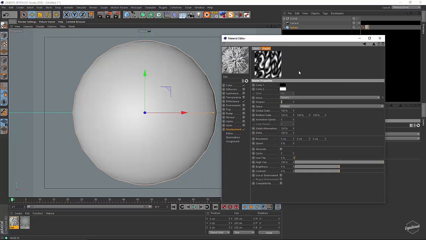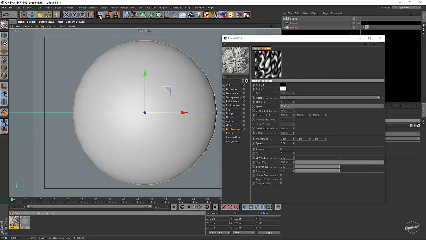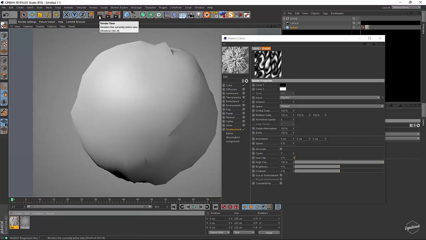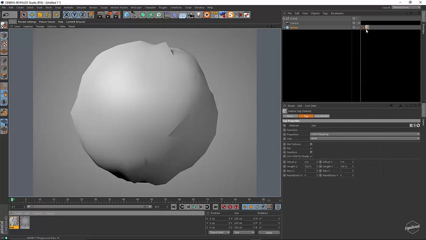So by default, you can't see anything, and if you hit render, you can see that our sphere is, well, a bit deformed. And that's not what I wanted. And that's not the way I use the displacement at all. What I do is